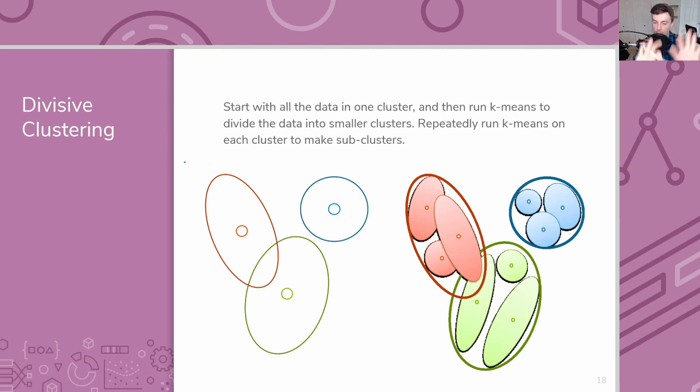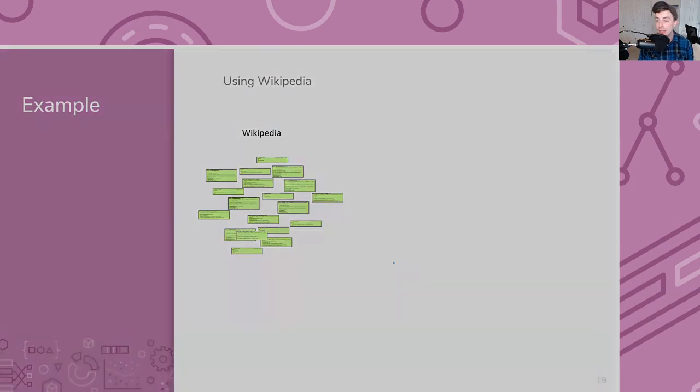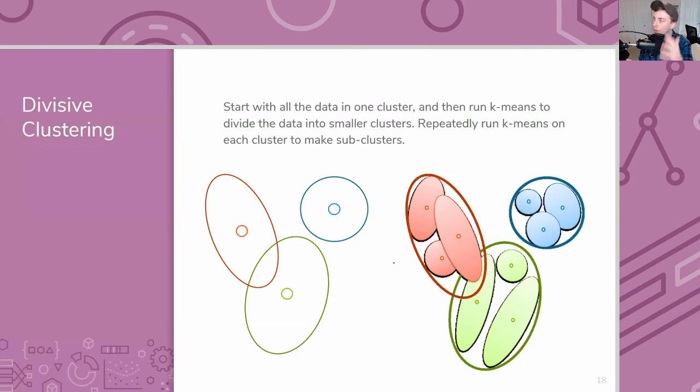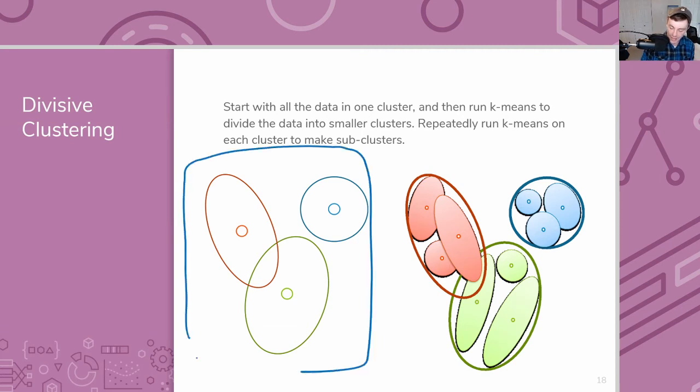You can make this more complex with mixture models. K-means wouldn't find these exact clusters, but you keep recursively breaking them up into smaller and smaller clusters, each time only looking at one cluster and splitting that up again. And this now finds you, in some sense, a kind of dendrogram. It's a little hard to see here, but you started off with everything in the same cluster. And then you broke them up into 3 clusters, broke them into 3 parts, and then you broke those 3 parts into 3 parts, and so on and so on. You keep breaking it up over and over again,